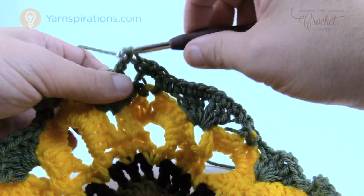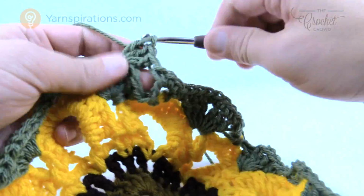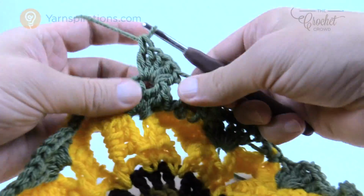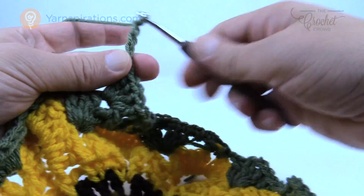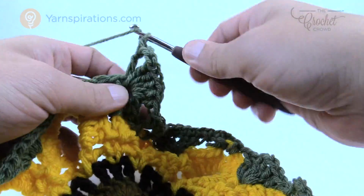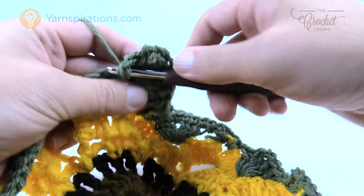So 1, 2, 3, 4 and 5. Easy peasy. Now you're gonna chain 3, 1, 2 and 3, coming back into that same space, put another 5 double crochets in there and that will allow you to turn the corner. So 1, 2, 3,